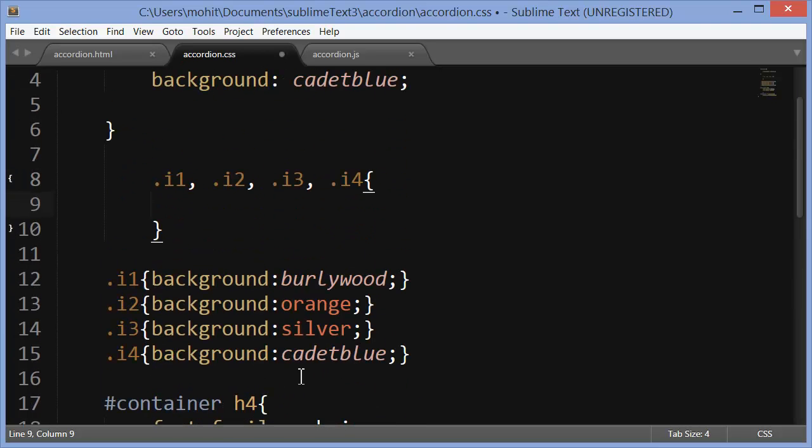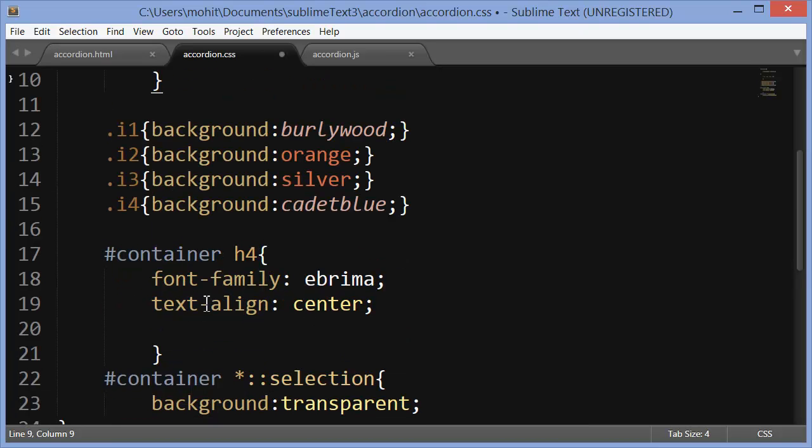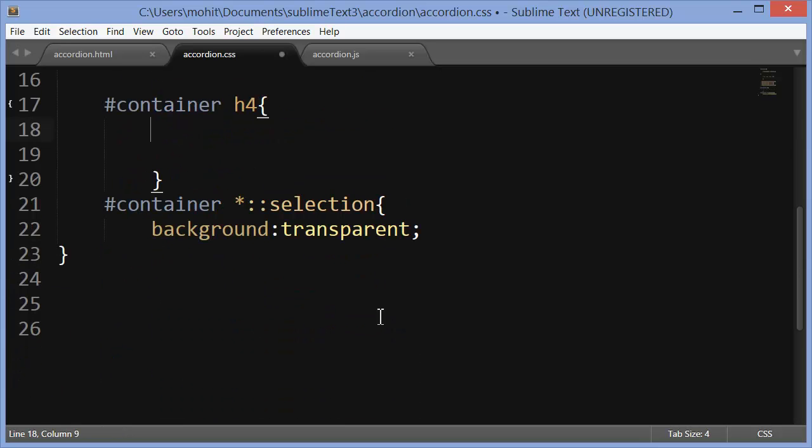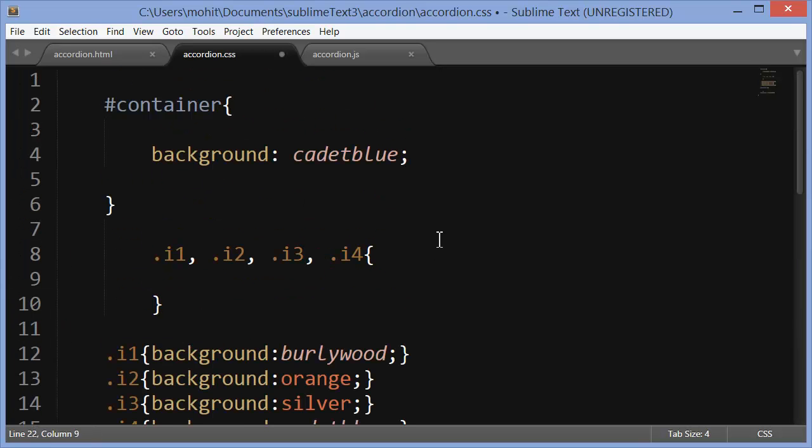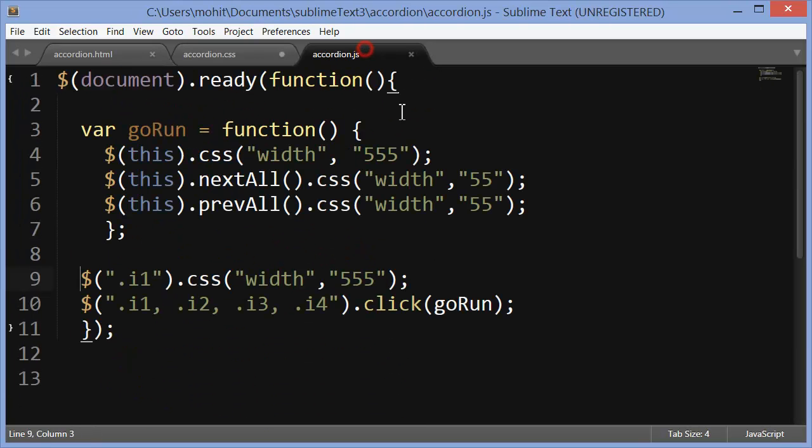As far as the four items are concerned, I1, I2, I3, I4, I'm not going to kill this rule, because then I may forget the color names, the background color names. I'm going to destroy this. I'm going to destroy this. Okay. But since the JS is so minimal, I'm going to preserve the JS. At this point, if I were to save the document,